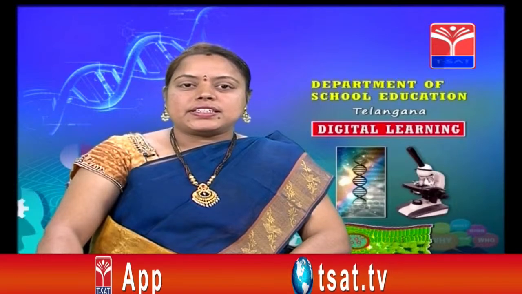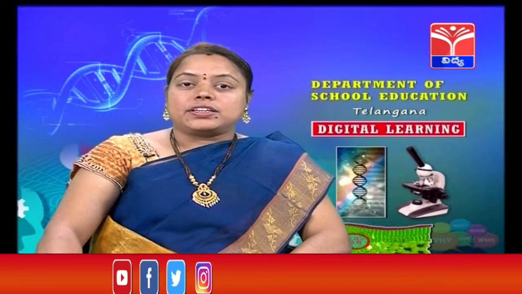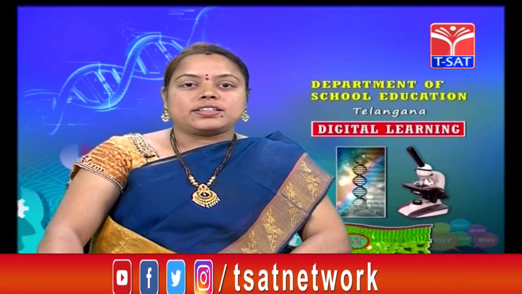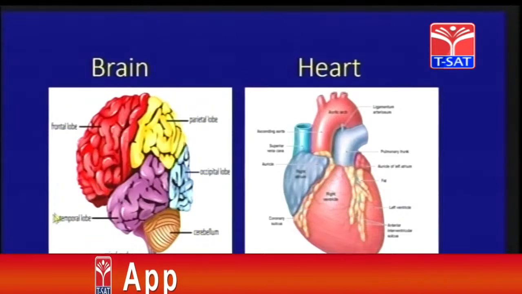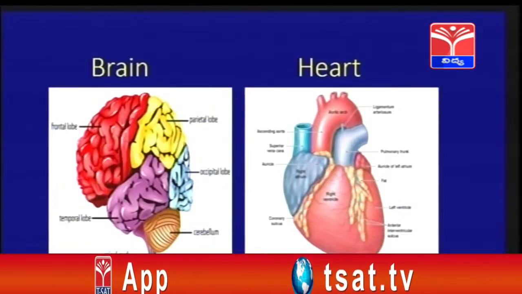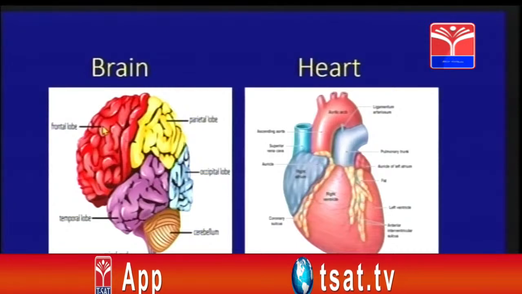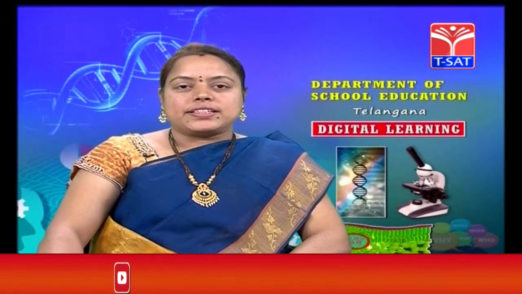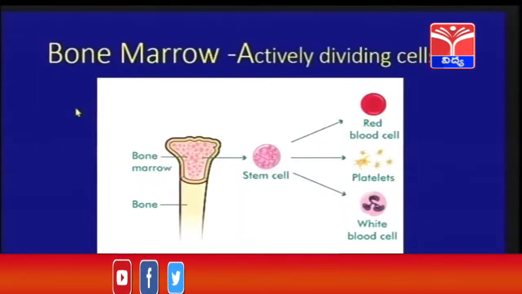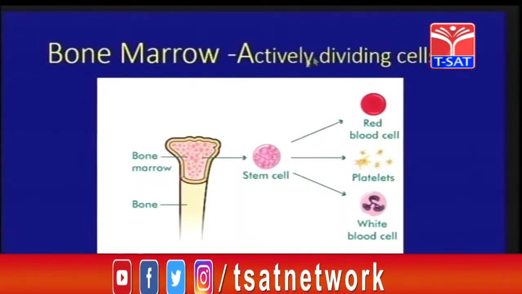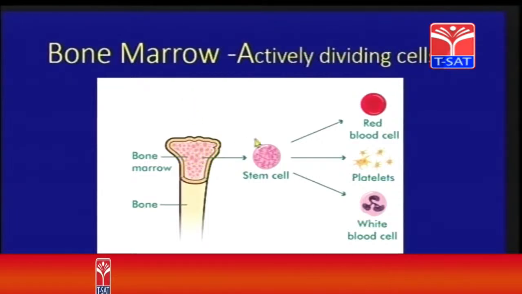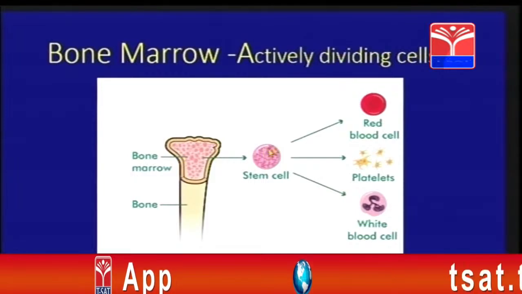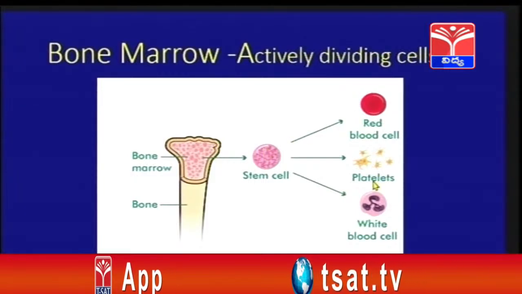Now, as we discussed, cell division helps in the development of cells, but the cell division process does not occur in our brain and heart. So we can say cell division is absent in brain and heart. Whereas the bone marrow cells are actively dividing cells. That means the bone marrow cells have the activity of division because you know RBCs, the platelets and the